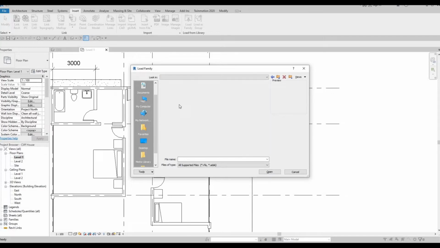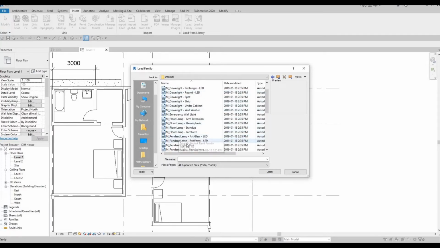Architecture, internal, and look for, so I'm just looking for table lamp. So which is I'll choose this M table lamp standard. Press open